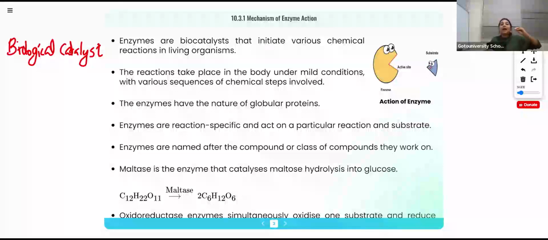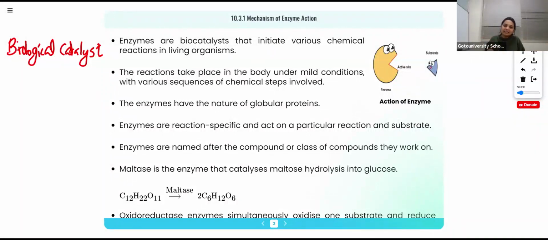Okay, so normally we discussed different catalysts. The transition metals behave as catalysts in different processes, right? In organic chemistry, we studied the nickel catalyst and palladium catalyst. Then in the Haber process, iron is the catalyst. In the contact process, vanadium pentoxide is the catalyst. These are not biological catalysts. They are not working in our body. They are working in some chemicals, right? So it means they work outside our body.